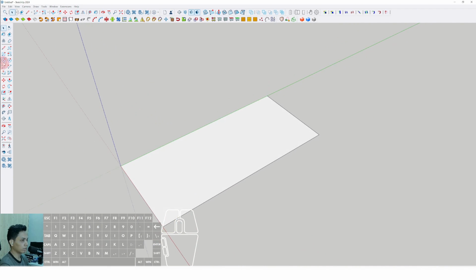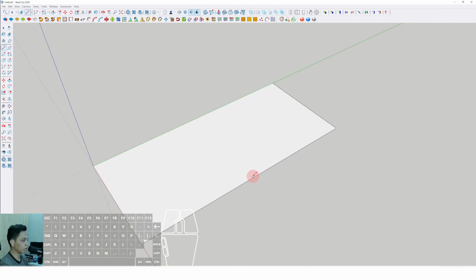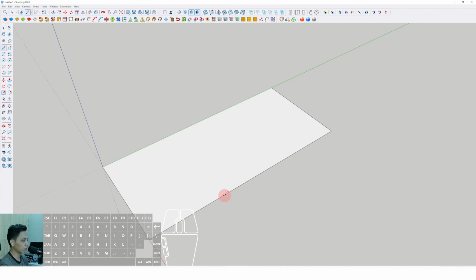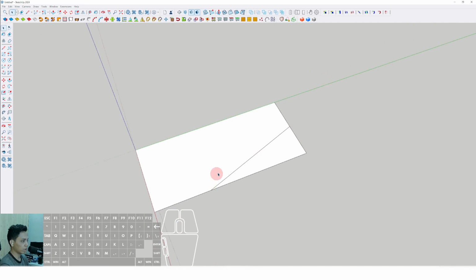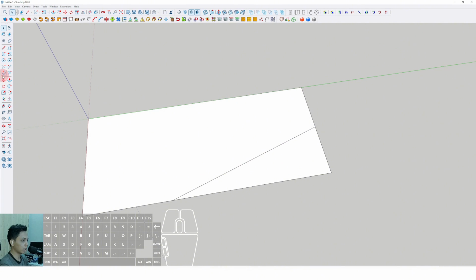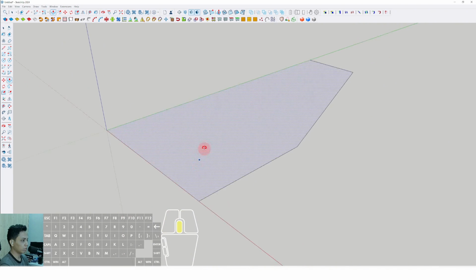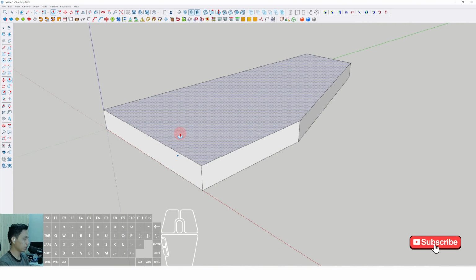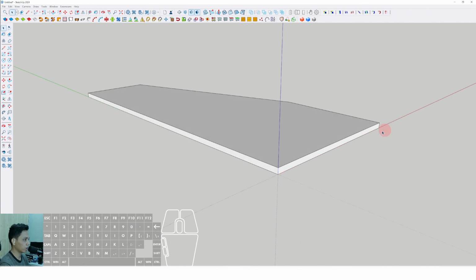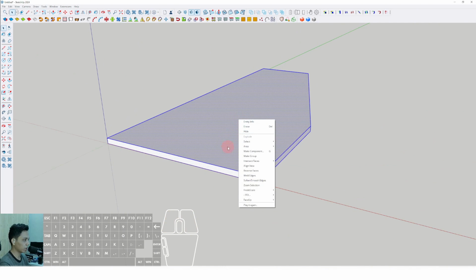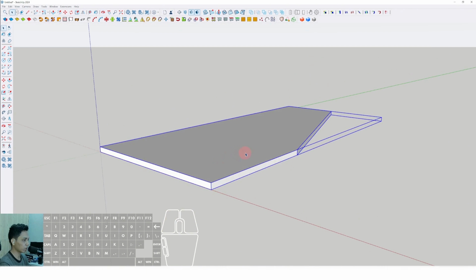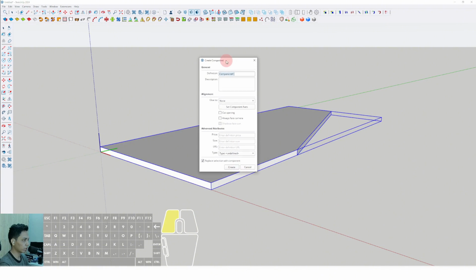Then we can add the line here on the midpoint and another place, for example in this place. Then we can delete this unnecessary plane and the line and just push it up to make the thickness of every single slab of the high-rise floor around 1 meter approximately. And don't forget to triple click, right click and make it group, and also make component and just create